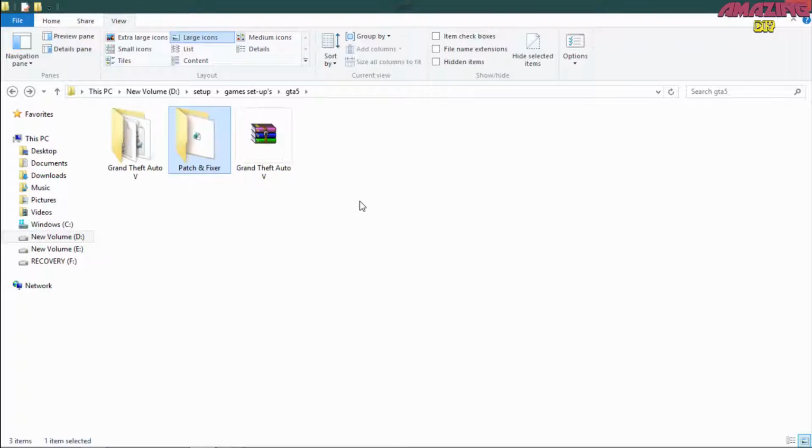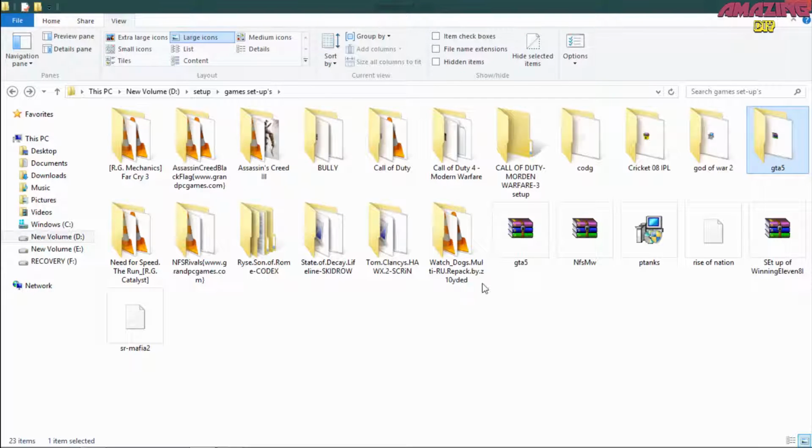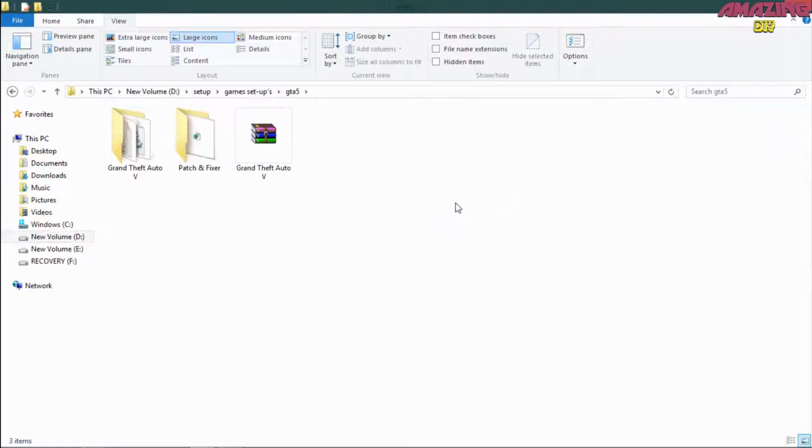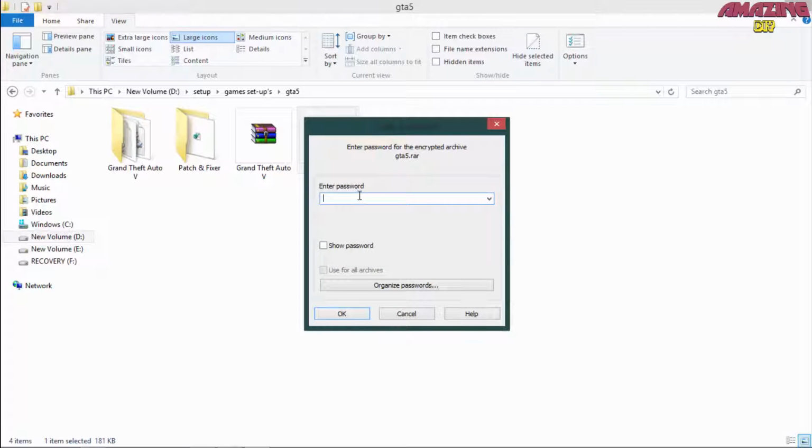So backspace, and after that in the description you also get one link of this. I'll show you what this GTA 5 is. I will extract it here. The password is, show password. I will show you.